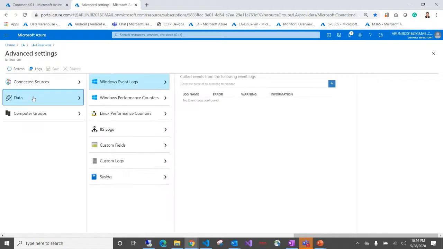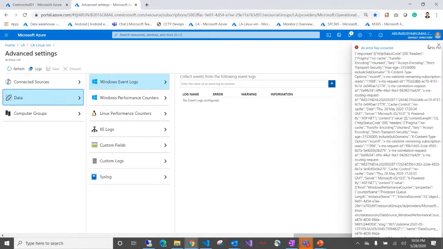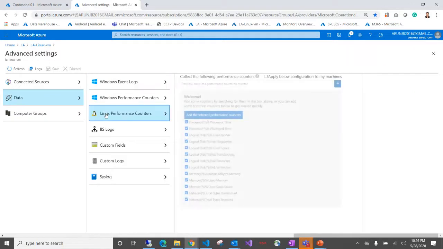So how can we export the data? By default, there is no data usually available. In case you want to make sure that some of the data is being exported, you have to come to this data tab, go to Windows or Linux performance counters, and then select what you need to be monitored. As you can see, there are processing time, privilege time, logical disk space, everything specific to our infrastructure that can be monitored is available here. All you need to do is select these things and save your settings, and then this data will be available to your log analytics workspace as logs, as we saw just now.